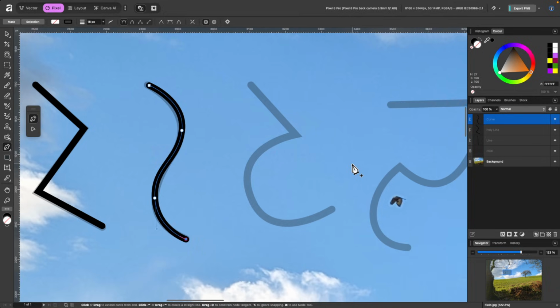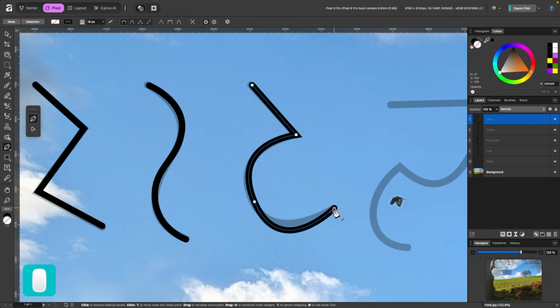Moving on to the next one, I'll press Escape on the keyboard, and for this one we're kind of combining them. So I'm going to click once and tap once again, just a simple line, and from here I will just click and drag out like that, and I'll just tap once more. And you can see it's not perfect. That is where the node tool will come in handy. I'll show you that in a second. Let's move over to the next one.